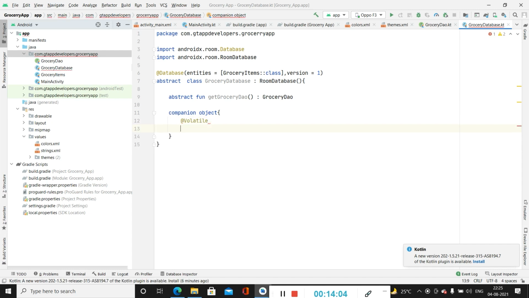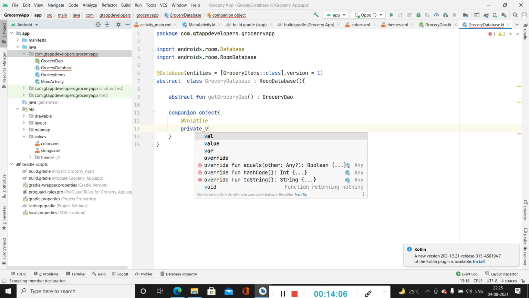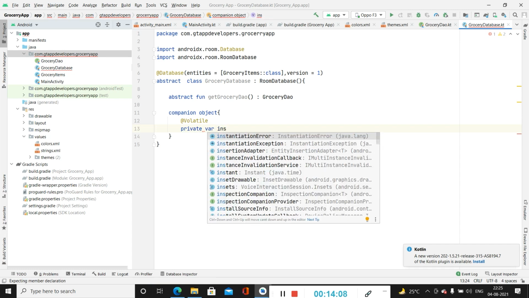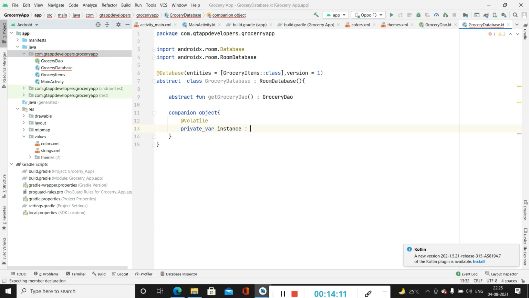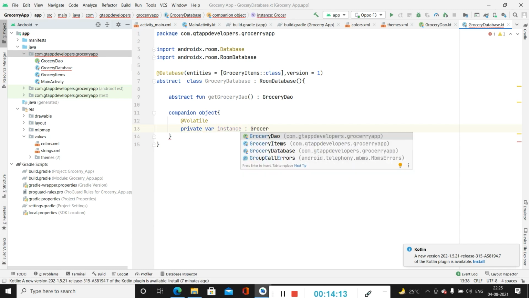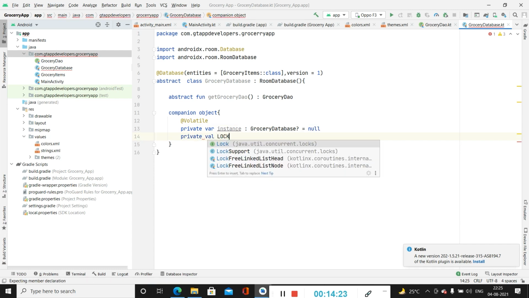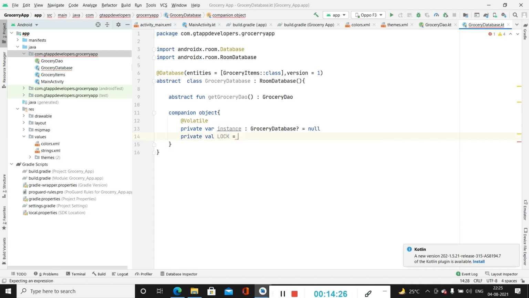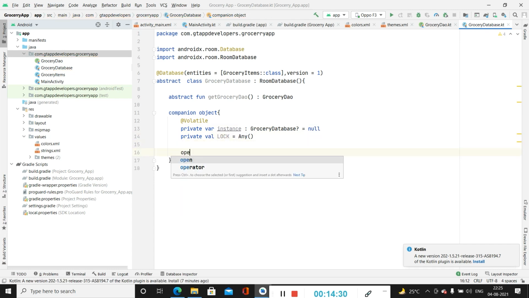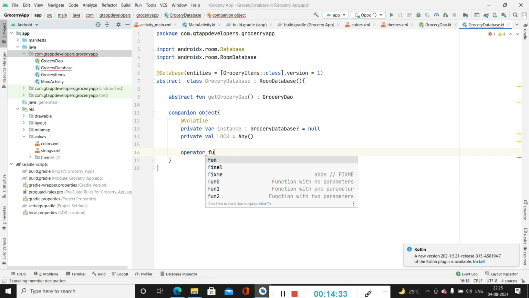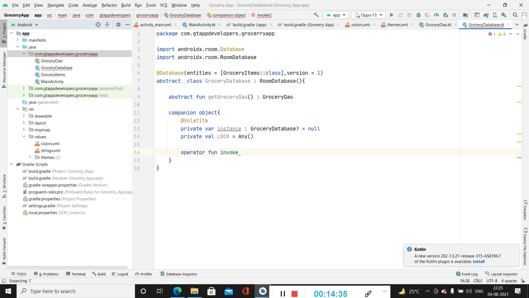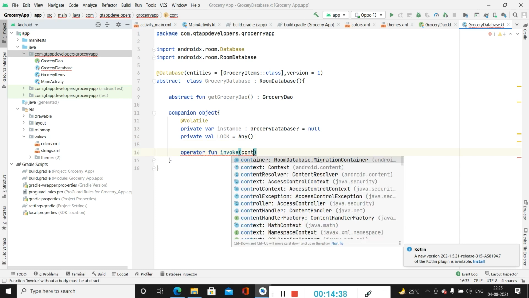Then after that we will be creating a variable for our instance, as grocery database, and we will be initializing it as null. Now we will be creating one more function as an invoke function. Inside this we will be passing a context.